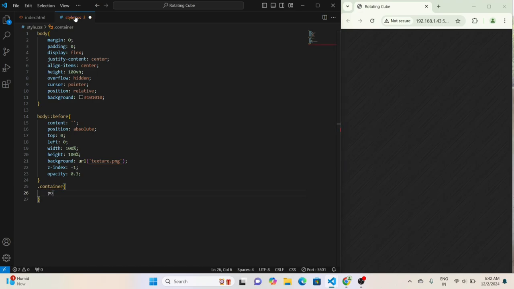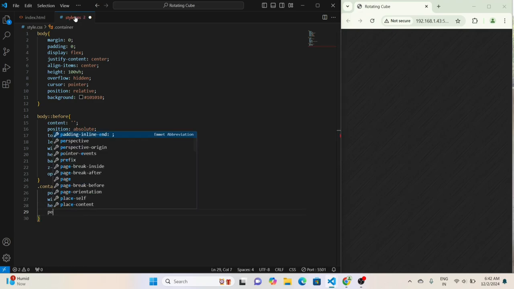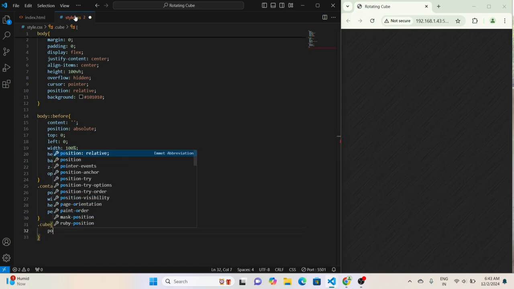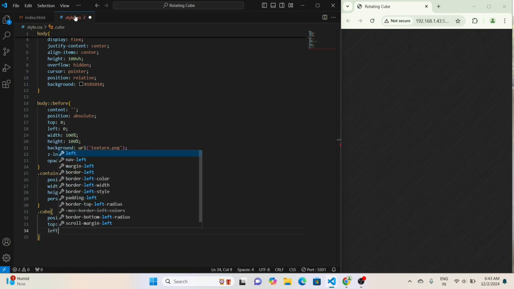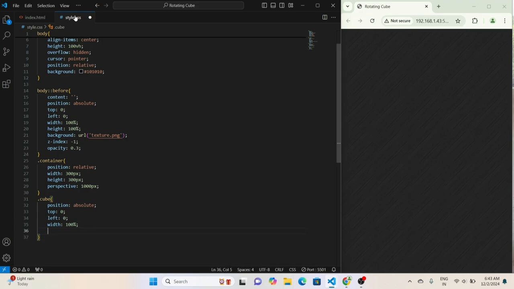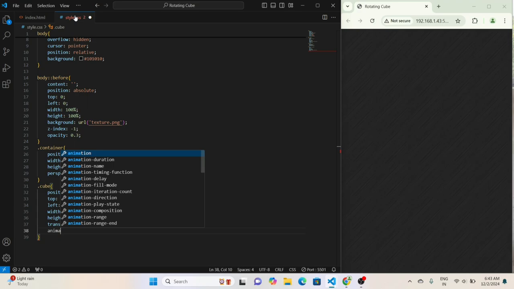Next, let's style the dot container to add perspective. The property perspective 1000 pixels creates a sense of depth for our 3D cube. The dot cube needs transform-style: preserve-3d to ensure all its faces stay in 3D space.